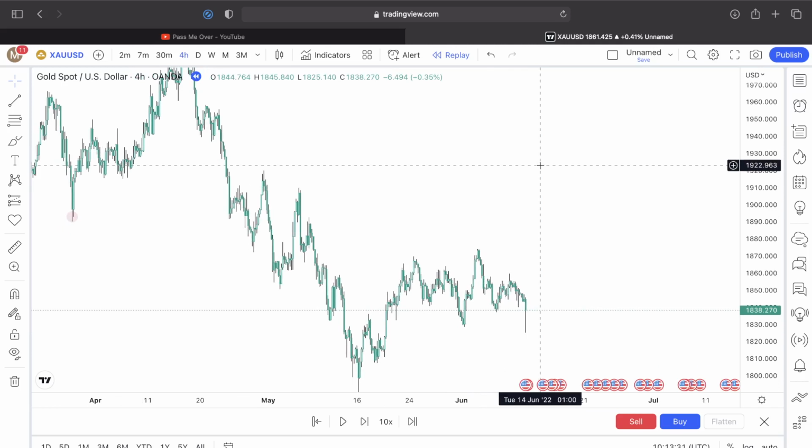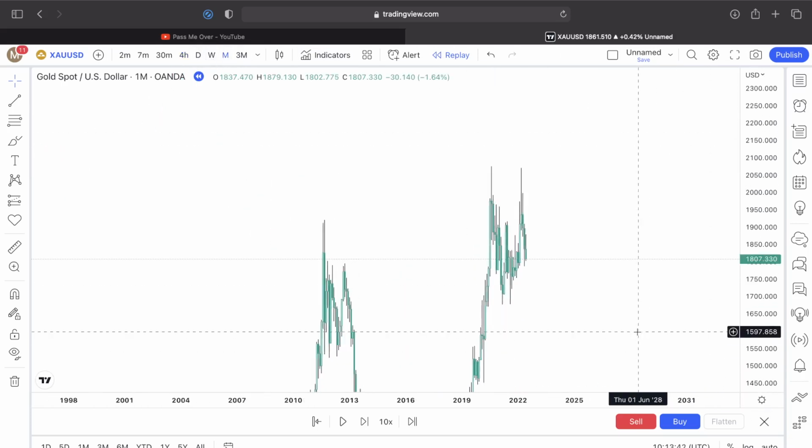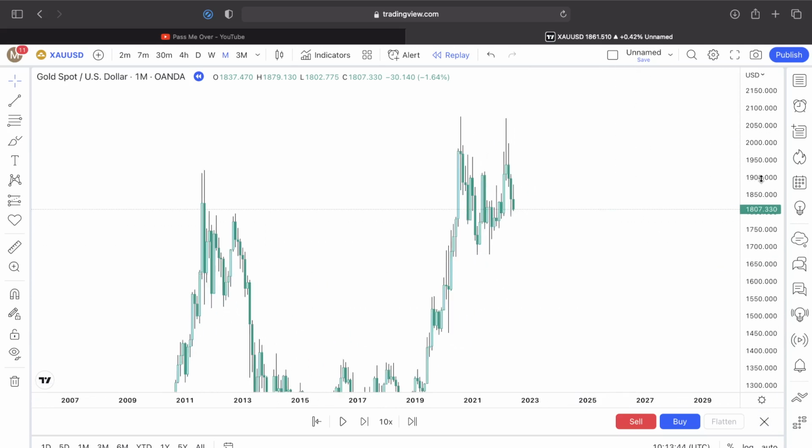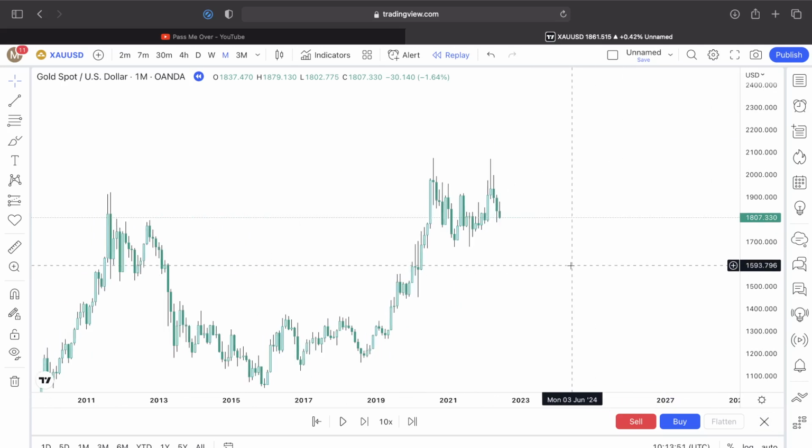So what we're going to do is put all the lessons together and make a top-down analysis down to the 4 hour, and then we'll see the confluences of why we should take a trade, or why we shouldn't take a trade, etc. Right? So now we start off with